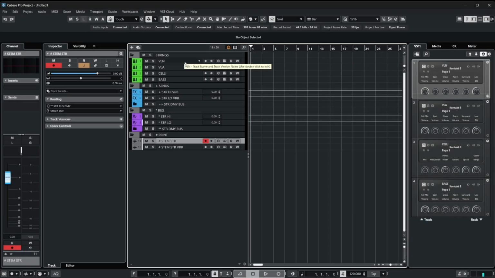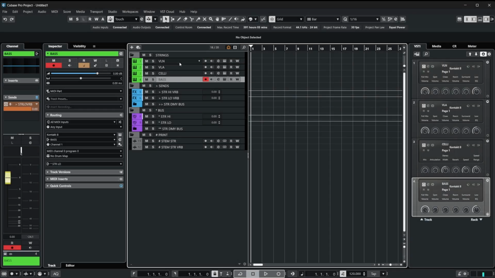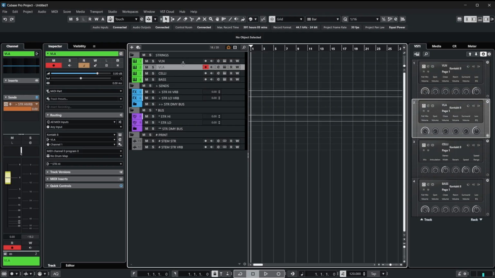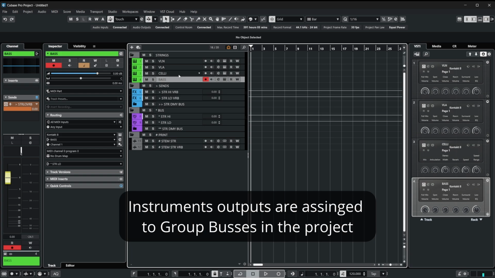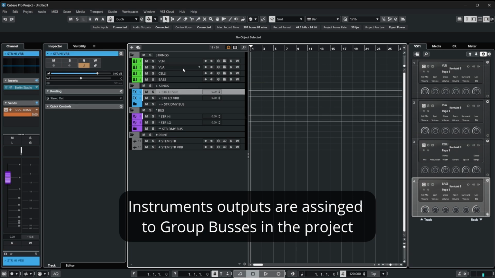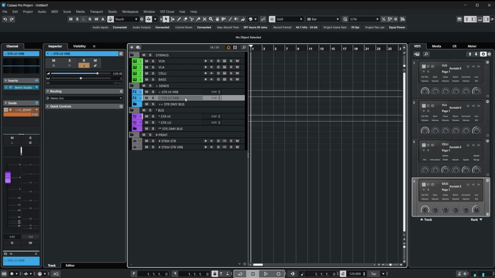Here in the main project of Cubase, I've configured a very simple setup for a section in the orchestra, in this case strings. So we have our high strings instruments with violins and violas, then our low strings with cello and basses. The outputs of these are going to the group buses, but I've created some effects sends for the